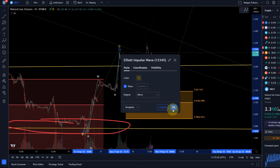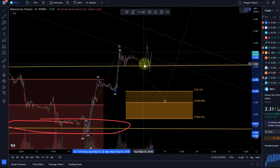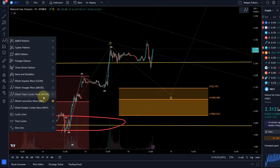Okay, so like that. And then we had a possible 5-wave move up. That would be a similar or the same count on the spot chart as well. The reason I'm saying this is because this move up looks like a 3-wave structure. So what we could possibly have here,